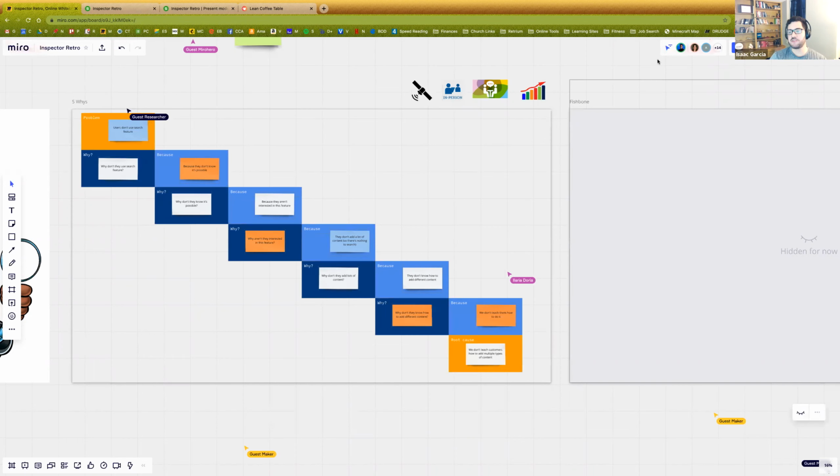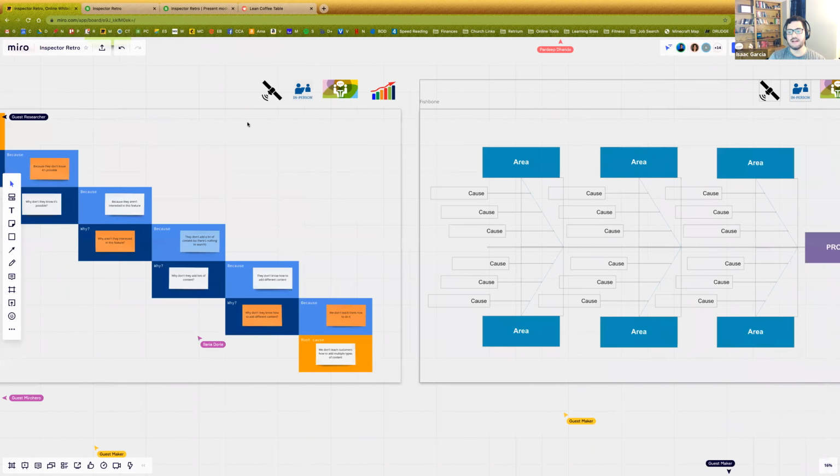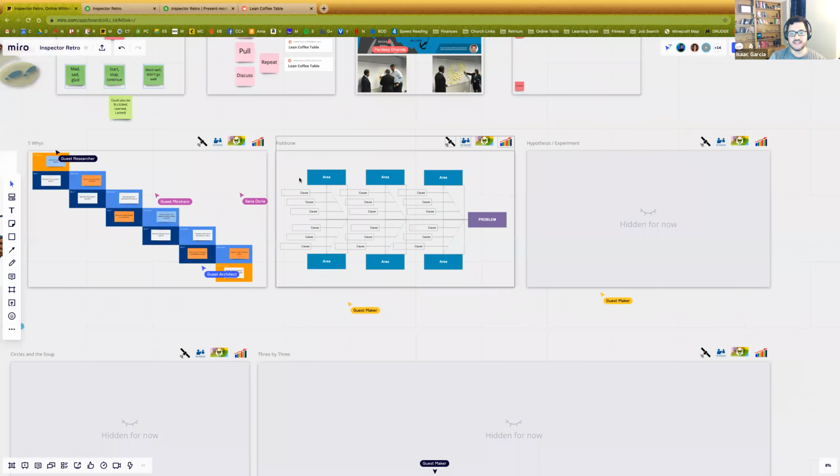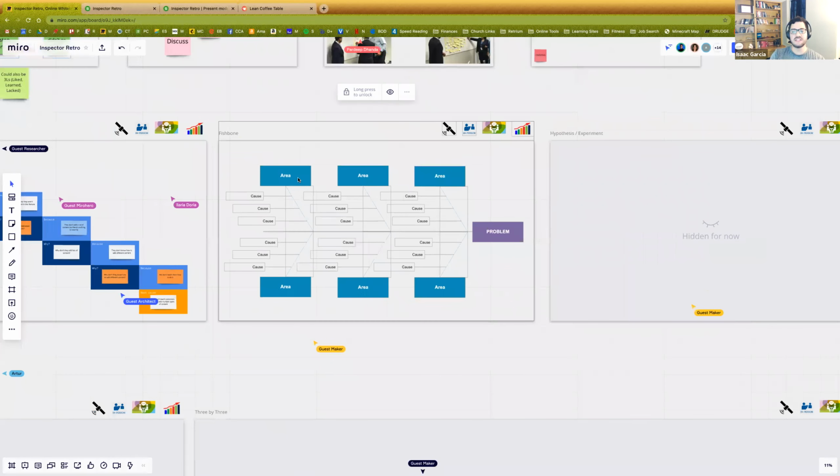You can also do a fishbone diagram, same idea, a little bit more detailed. You write out your problem and you say what areas support that problem, right? What areas caused that or contributed to that. So you would put in your general areas. So maybe it's the database admin, maybe it's the code base, maybe it's the tool that we use. So you would put these bigger areas in, and then you would say, okay, what causes that?